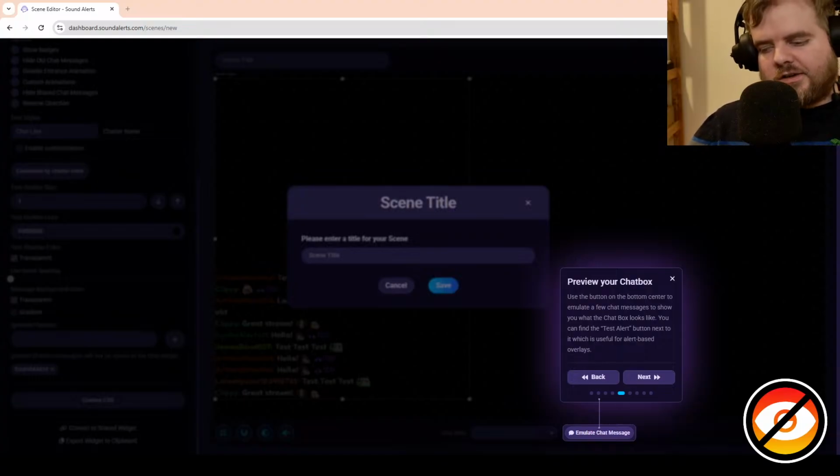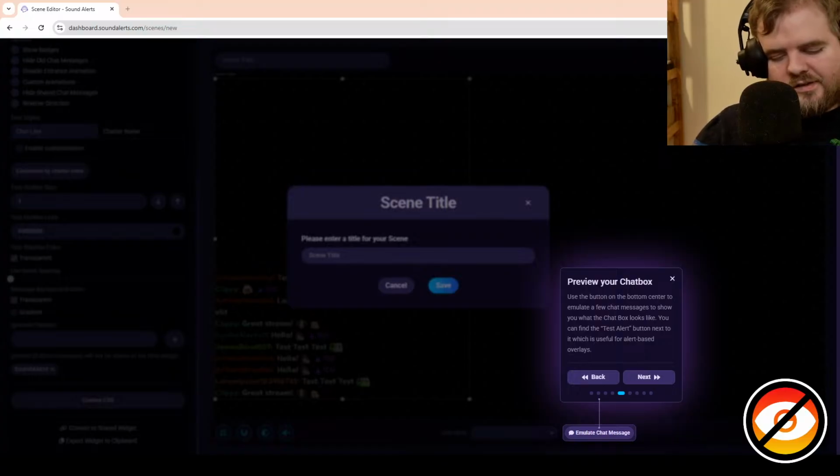So as a chat scene, there's a central pop-up labeled scene title with a prompt: please enter a title for your scene. So we will do that. And then there's a tutorial box. At the bottom, there is a button labeled emulate chat message, by the desktop's taskbar. So you guys can actually not currently see the actual chat widget, at least not according to